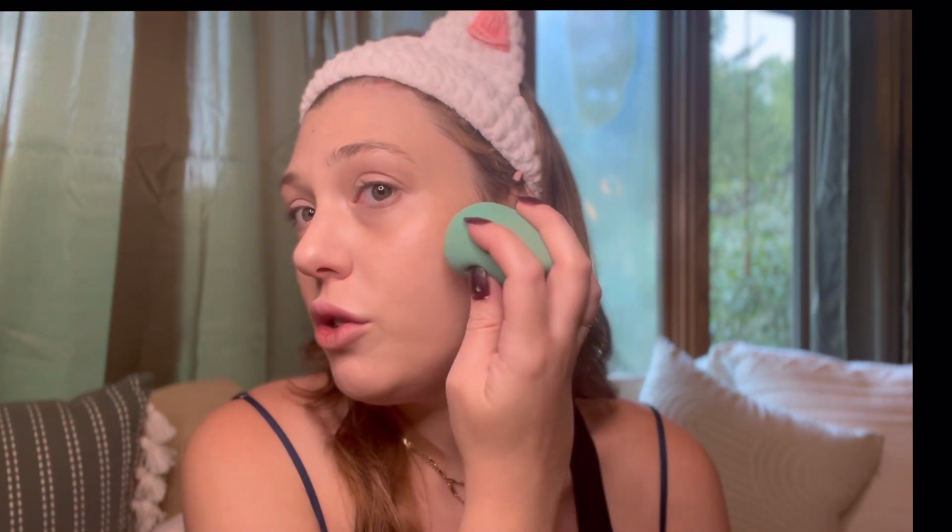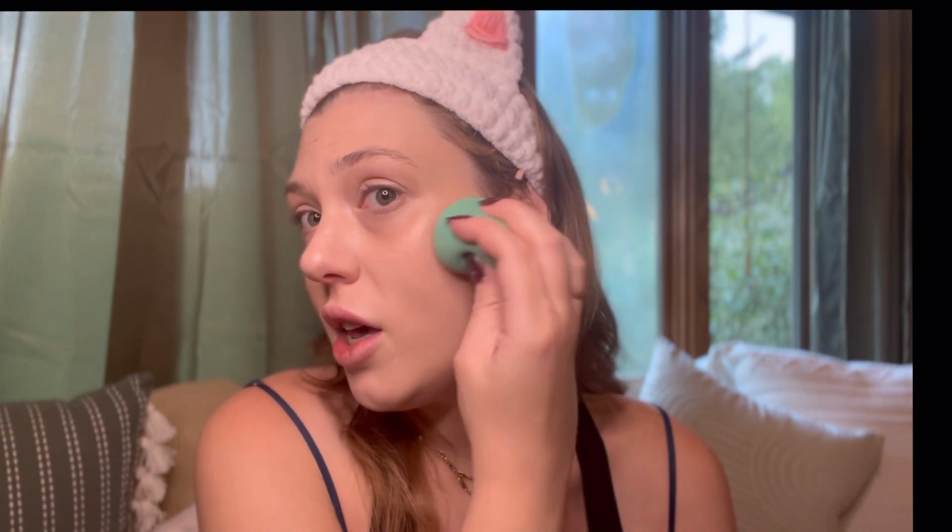This is the RMS Beauty Master Radiance Base, and this is in the shade Rich in Radiance. This is a fantastic little multitasker of a product, and it is deep enough that for my super fair skin, I can actually use this as a very subtle bronzer. So what I'm gonna do is just bounce the smallest little bit of product onto my sponge and just gently apply it